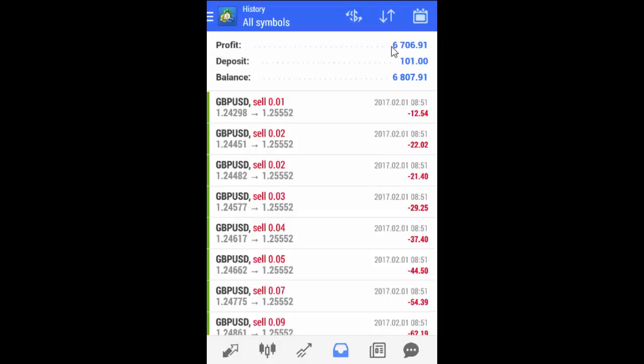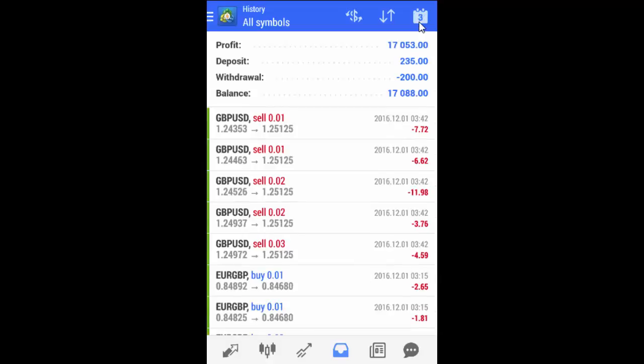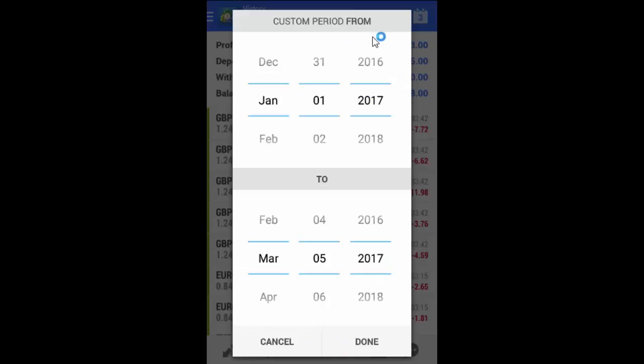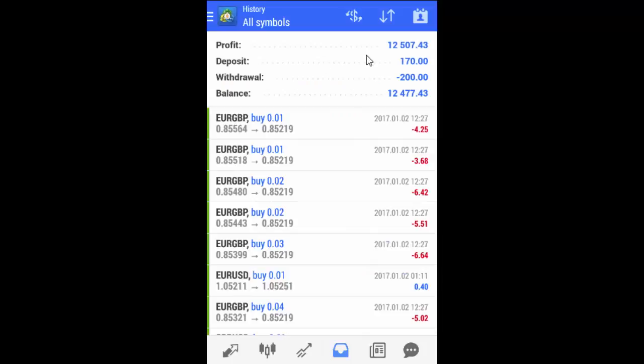It's showing us the profit for the past 30 days has been $6,706.91. And you can scroll down to see all the trades that happened to get to that profit. Then you can also view the last 3 months of history, or what I like is this custom view, which was the last option. You can target whichever week by week, month by month, every 5 months, or whatever you want to see. In this case, I chose January 1st of 2017 to today, March 5th, and once you click done, it'll pull up the profits for that time period, which happens to be in this case